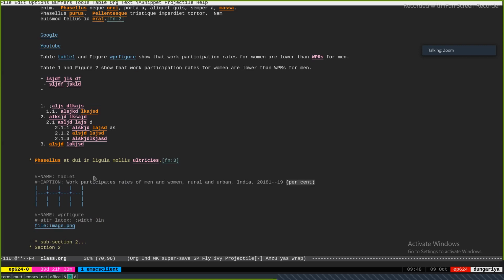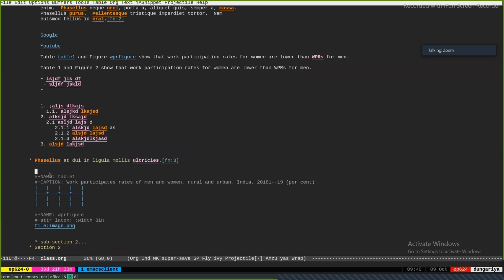Now this would be exported as table 1 dot or colon, however you specify it, and then the caption. So this table will have a caption. That caption will have a number, and that number would be the same as this number. Okay, and when you click this, it will take you here. Is that clear?